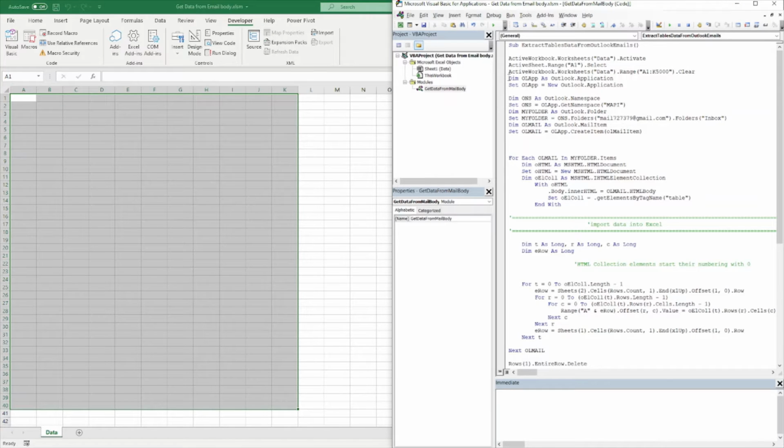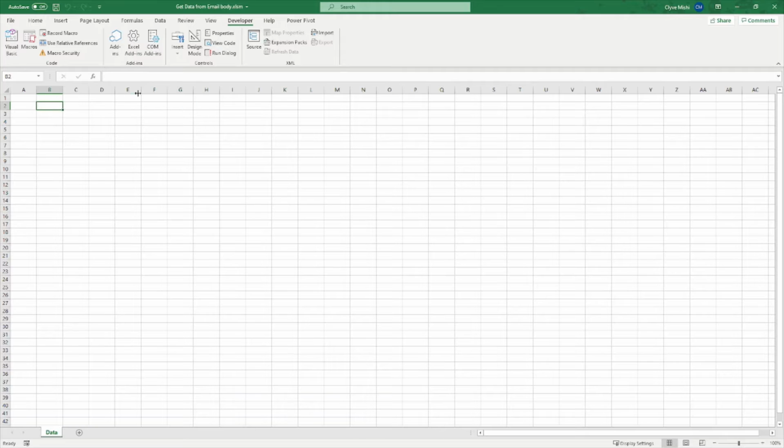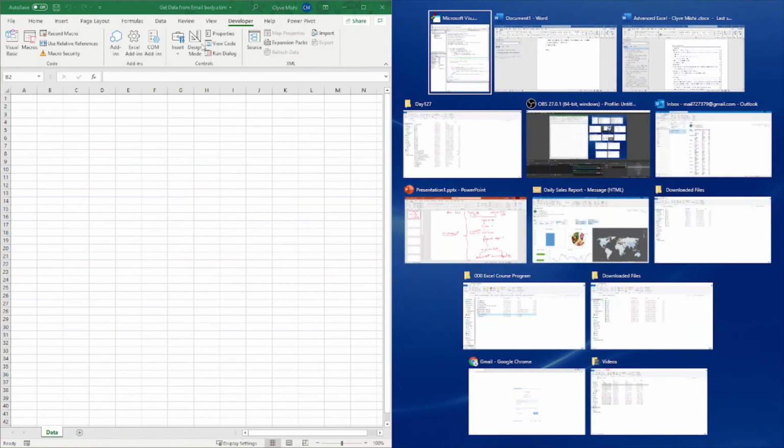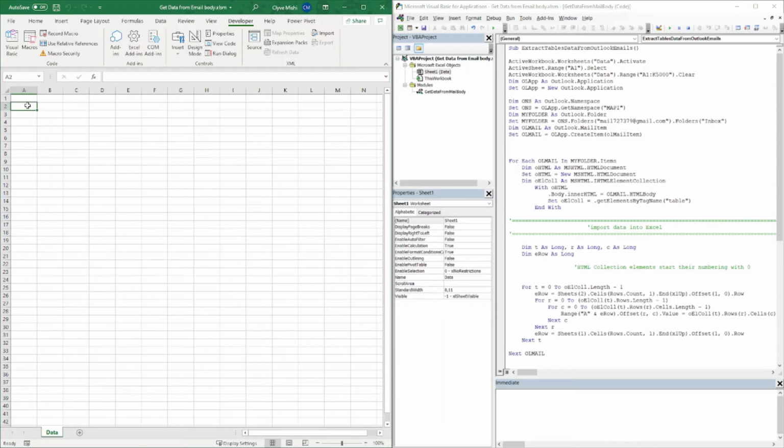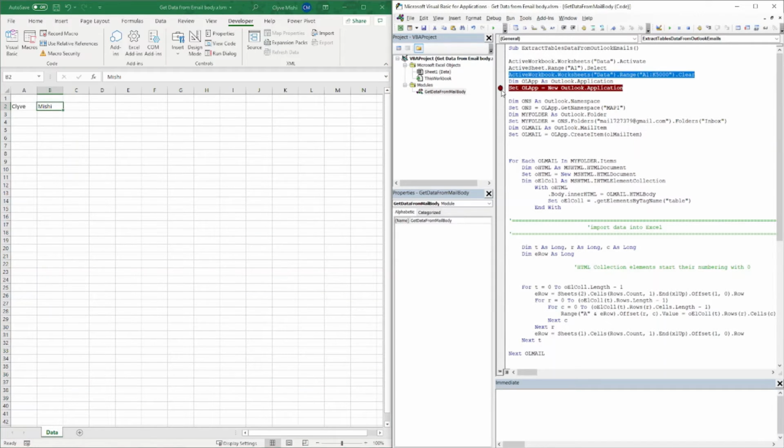Okay, so here I've cleaned my workbook. Now it will be cleaned. Let me just add something here. Okay, perfect. Let me add my name here. So you can see when I step through my macro,